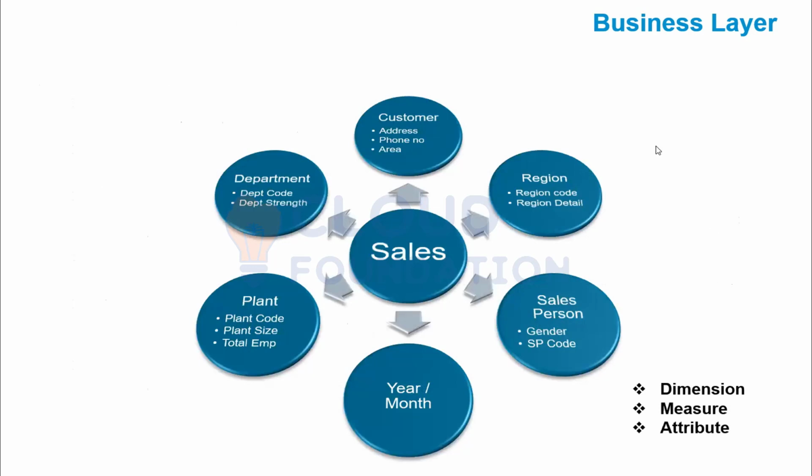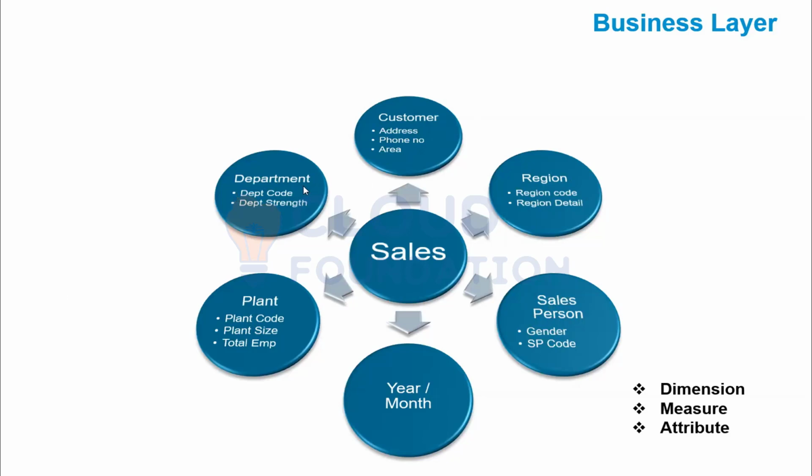It is a pictorial representation of a business layer. You can consider these circles as dimensions, like customer dimension, region dimension, salesperson. These are the folders. Under the customer folder, we have customer address, phone number, area. These are the dimensions. Under region folder, we have region code, region detail. We have to create in this manner so that the end user will understand the report better for their analysis